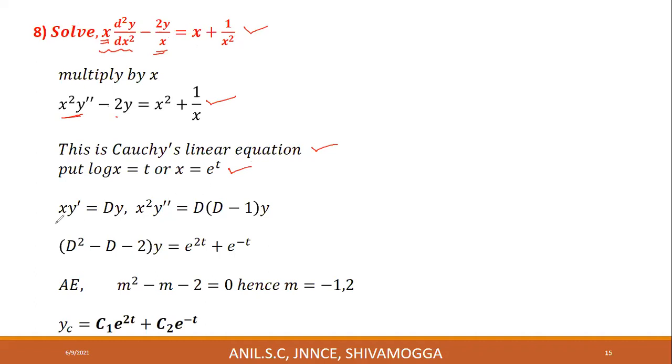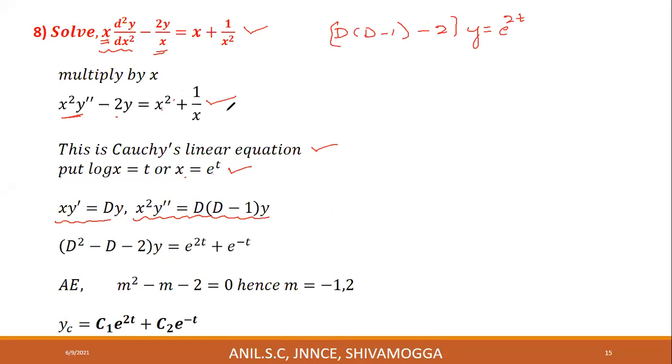Then x into y dash is dy. X square into y double dash is d into d minus 1 into y. Substitute. X square into y double dash is d into d minus 1 into y, minus 2y, minus 2 into y, is equal to x square. X is equal to e power t. Therefore, x square is equal to e power 2t